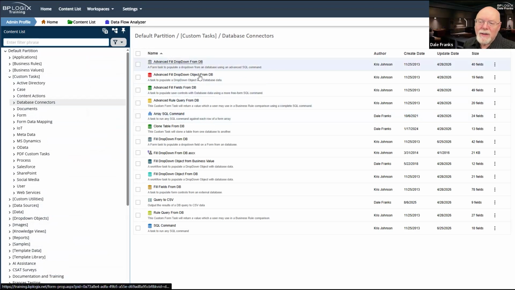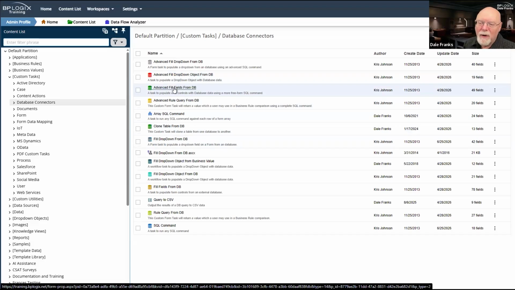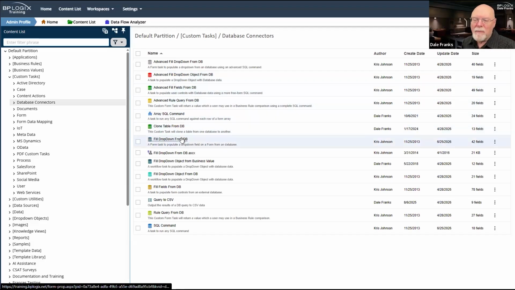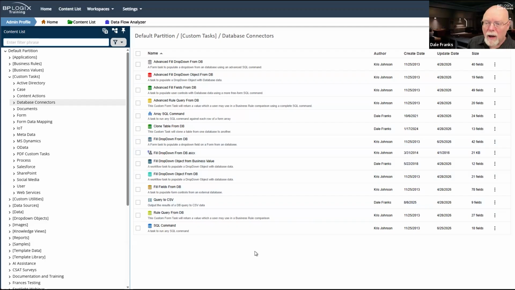The advanced fill drop down object, the fill fields from DB, fill drop down from DB, these have largely been deprecated. We don't need them anymore because we have the set form data tab or the fill drop downs tab in our form, and we can fill whatever data we need to fill on our form via a business value.